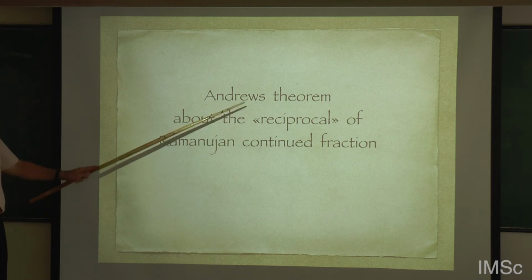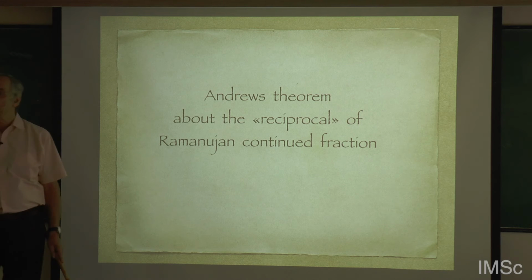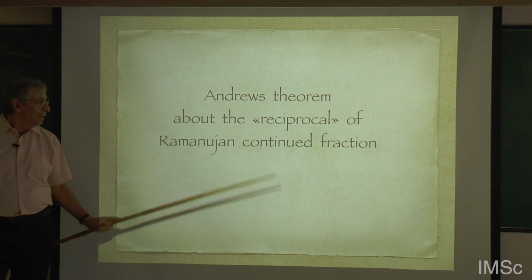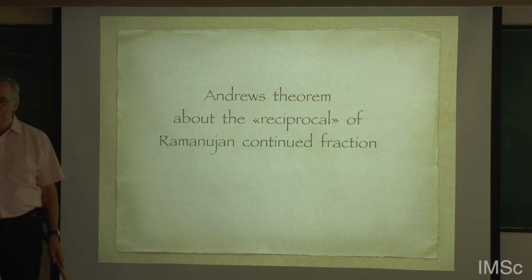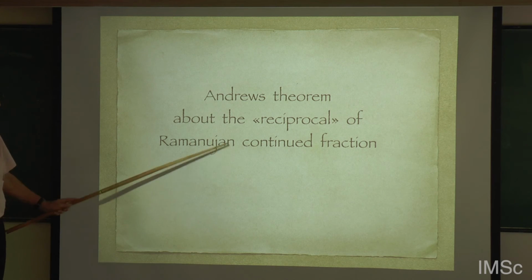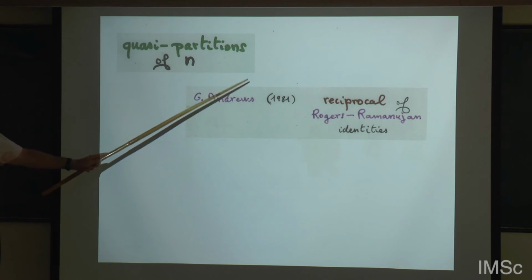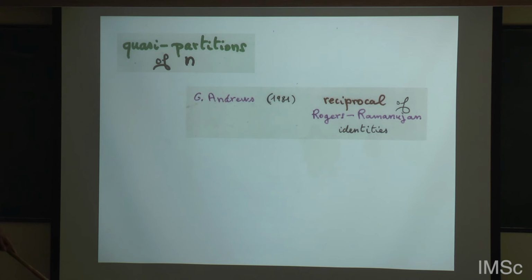So there is a beautiful theorem of Andrews. George Andrews is the pope of q-functions, of q-series, etc. We celebrated his 80th birthday not long ago, and he gave a theorem in '81, what he called the reciprocal of Rogers-Ramanujan identities,